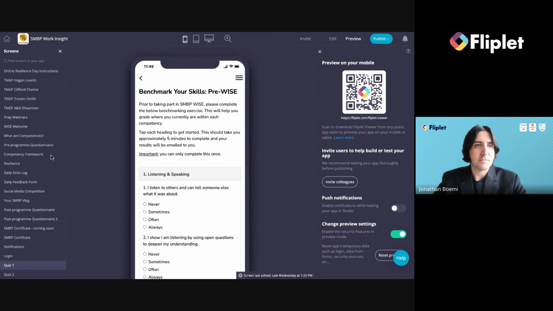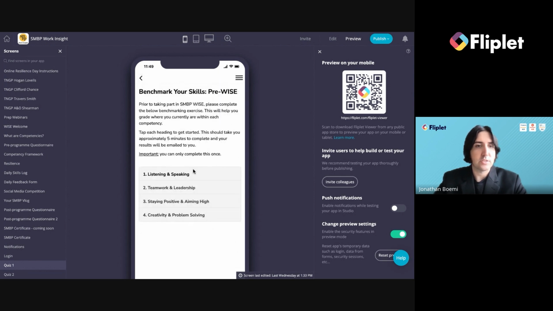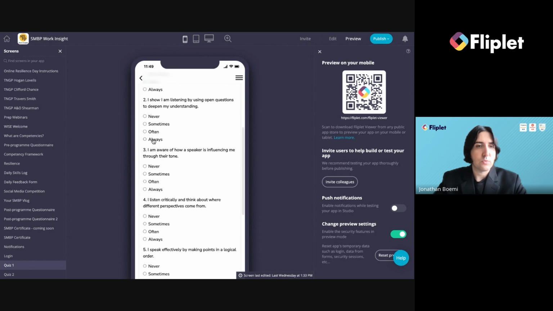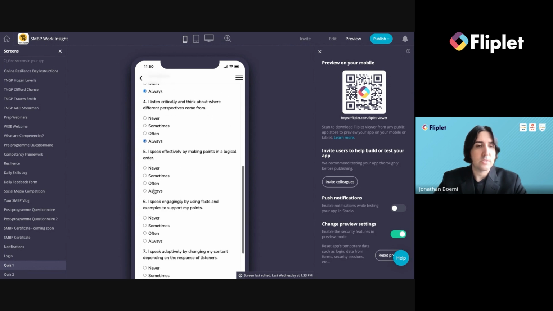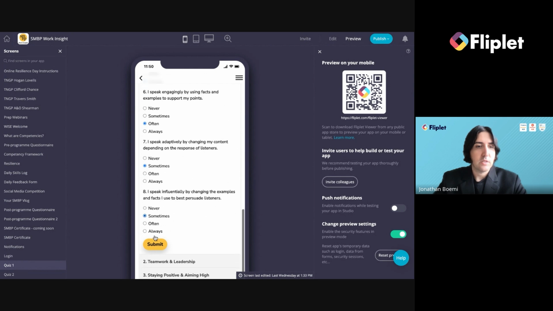Our wonderful client, SMBP, came to us with a request for a custom quiz app with some pretty specific functionalities. So one thing they asked is they wanted to create a quiz with multiple sections, each within an accordion format, with questions and answers where each answer had a specific score assigned to them. So that as you would complete the quiz, you would click submit, and you would get an average score of